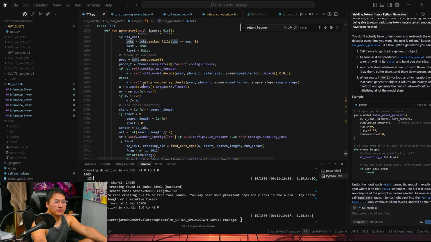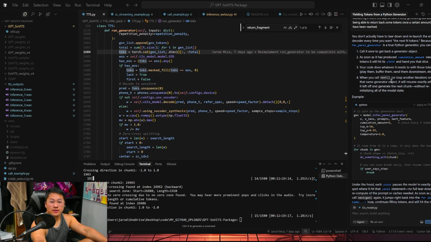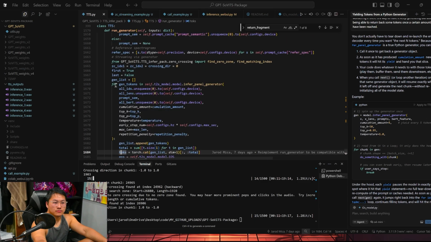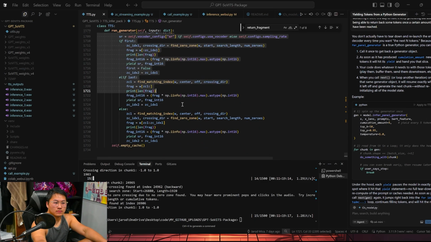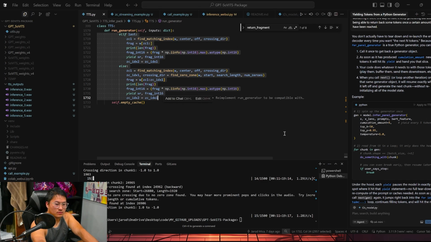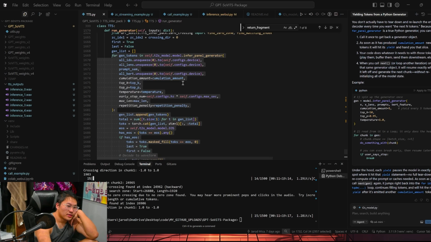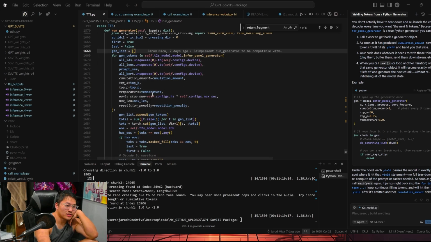Now I'm going to run into some errors with that. Okay, under the hood, each yield pauses the model in exactly the spot where it hit that yield statement. No full teardown. Okay, maybe my assumption is incorrect here. So I want to test my assumption